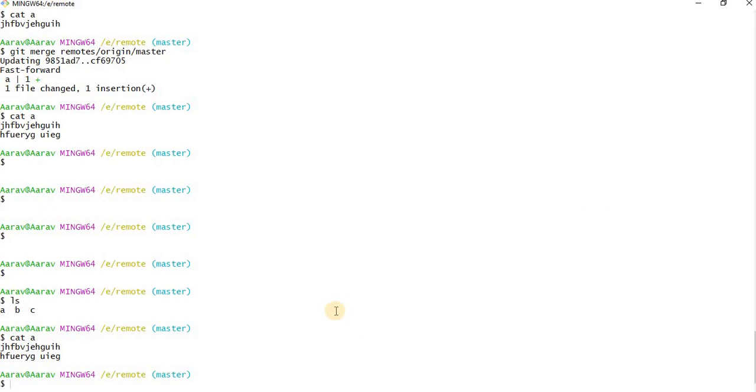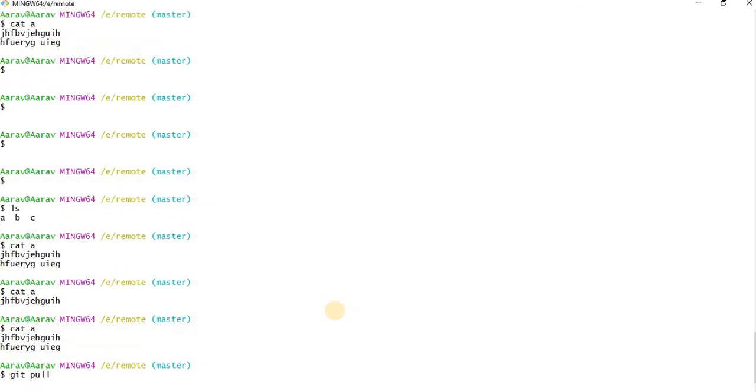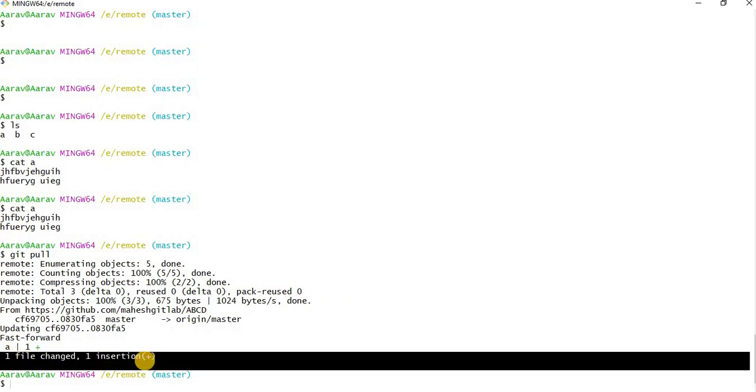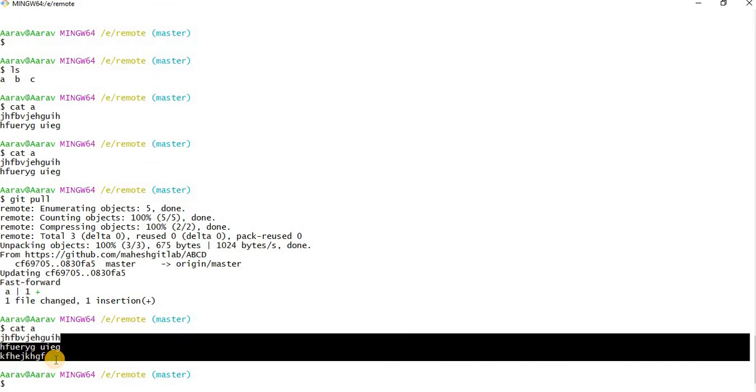So what I have done in the earlier case is git fetch. Now just let me do git pull. Before that, let us cat again. I am still having 2 lines. Okay, just do git pull. See, now it is showing one file changed, one insertion. cat a. See, now you have 3 lines. Now you have 3 lines, but you're not sure whether this code is proper or not, yet that code is already reflected in your file, correct? So ideally you should do fetch.